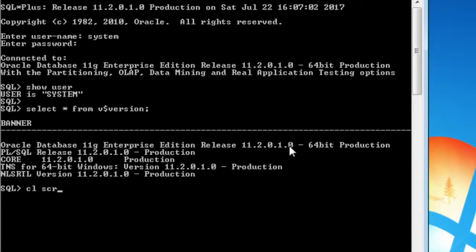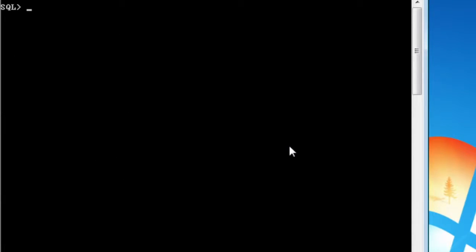We can shut down the database if we really want to. So we can say shutdown immediate. Now after executing this command,